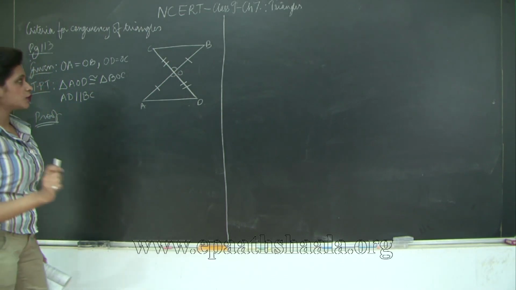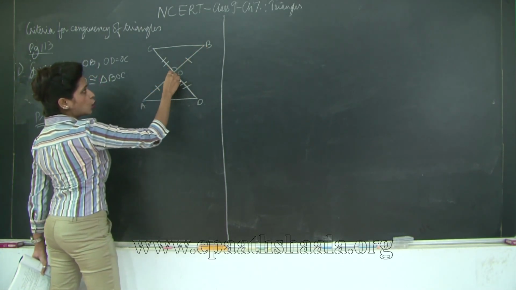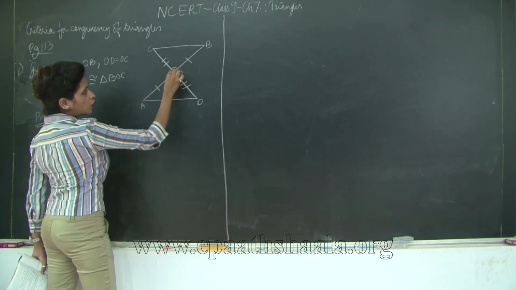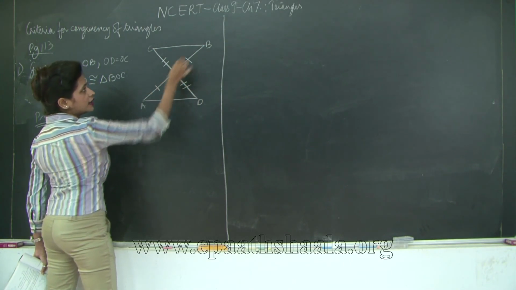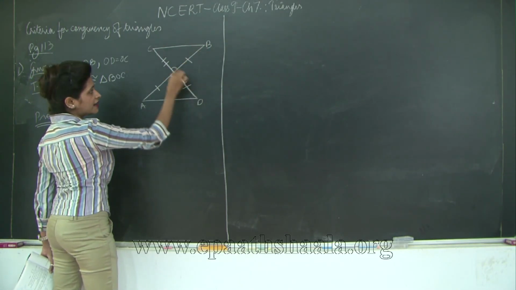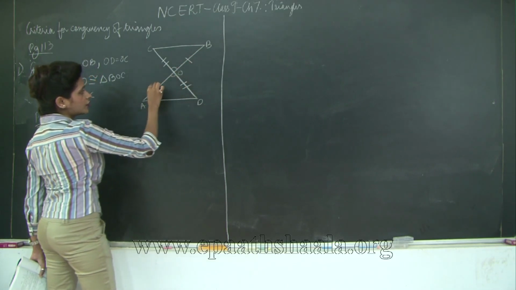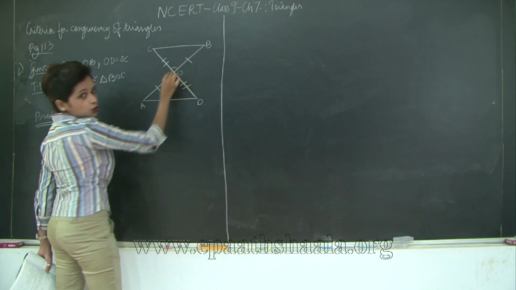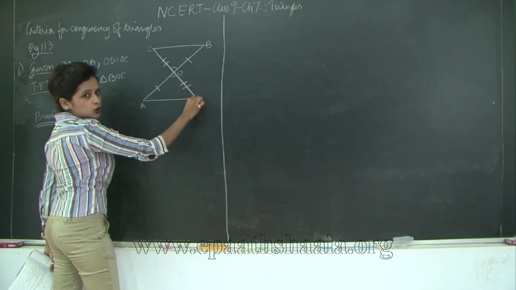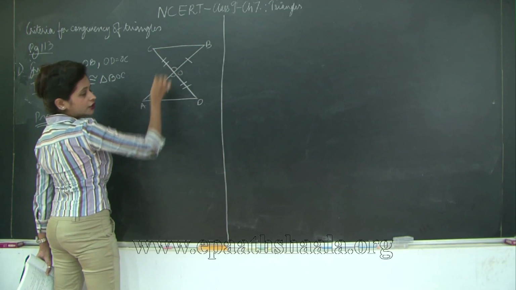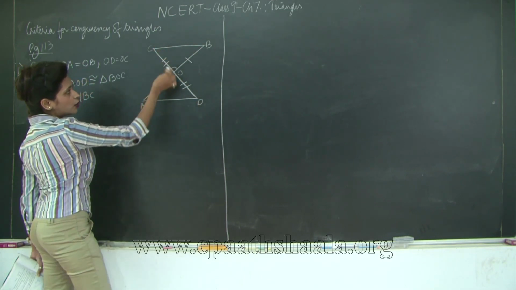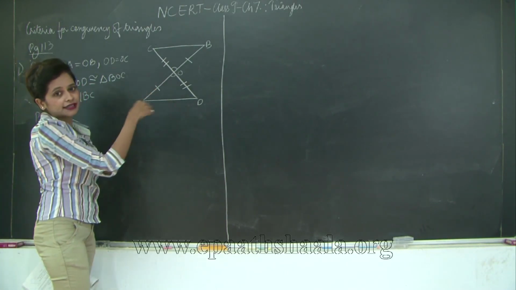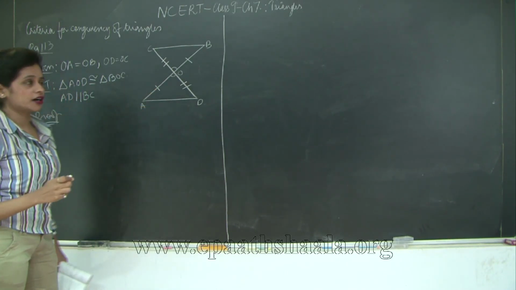Also note the order in which I mentioned. I went from B to O, then O to C. So, if you notice, it would be A to O and O to D, not DOA. If I am going this way, it does not imply that I have to go this way. See, there is a single line over here. That means these two lines are congruent. So, these are the corresponding sides. So, if I am going from B to O, I go from A to O and then O to D. So, I have a single, then double here, single and double here. So, therefore, by using axiom 7.1, what can I say? That the two triangles are congruent through the SAS test of congruency.